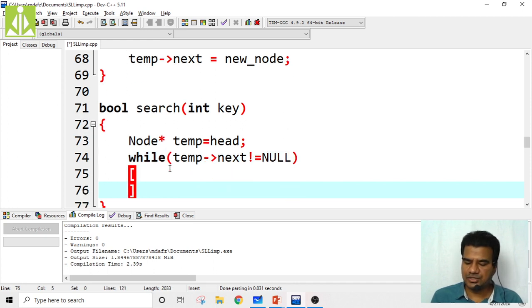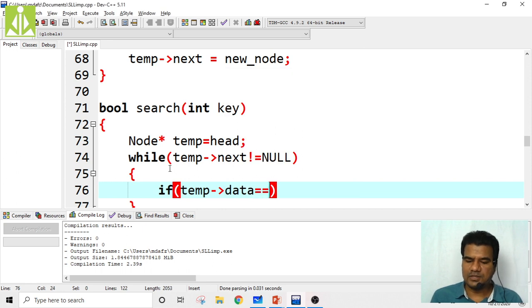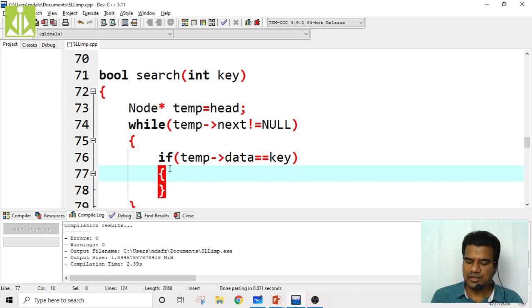Inside it, I am taking an if condition: if temp of data equals key, whatever key we got, and if this is correct, then we return true.